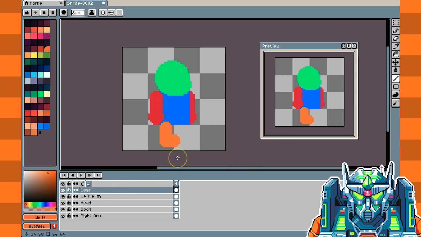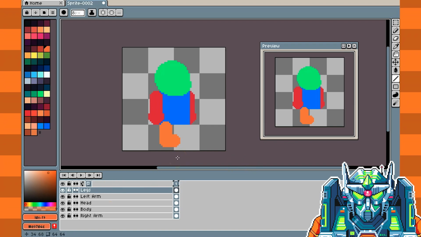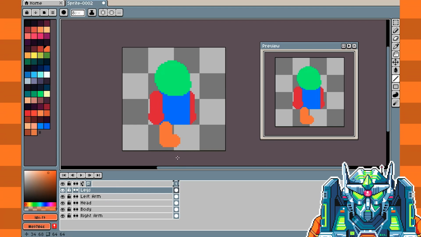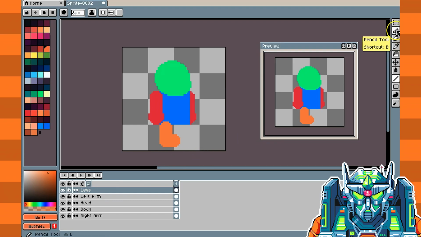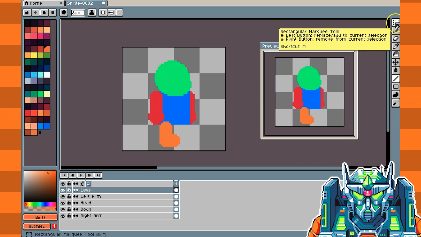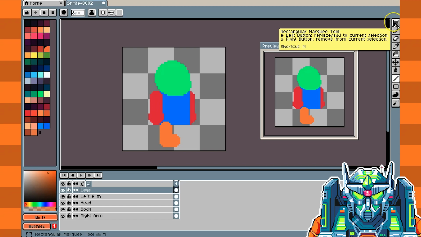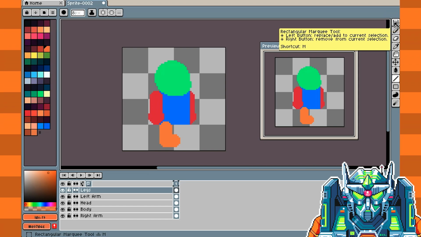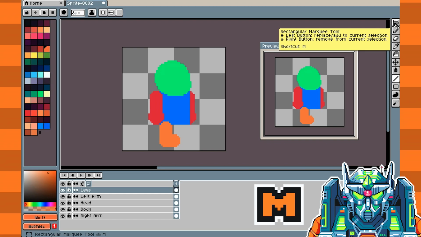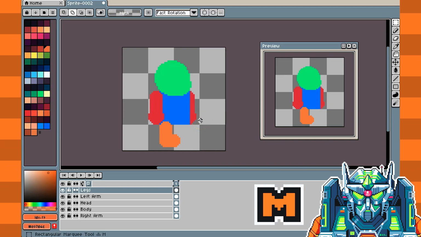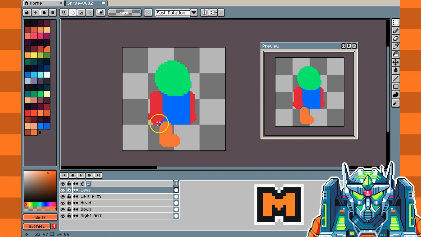I could redraw another leg, trying to make them the exact same. Or I could copy and paste it. Over here on the right hand side, there's all these options. What I normally would click is the rectangular marquee tool, which is this up here. There's a lot of information there under that, but I'm noticing that the keyboard shortcut for that is M, so the letter M, as in monkey. I could click it, but normally I would just hit the letter M on my keyboard,